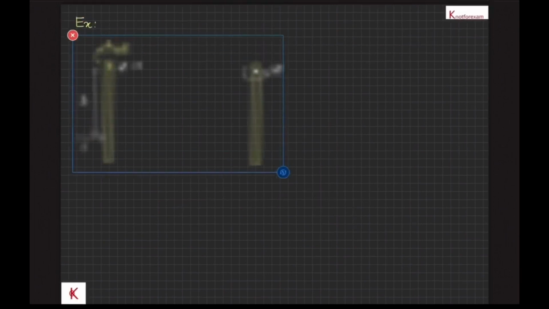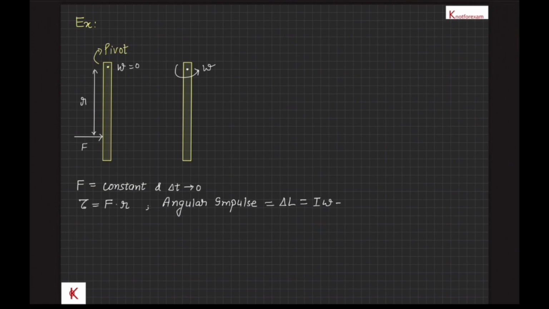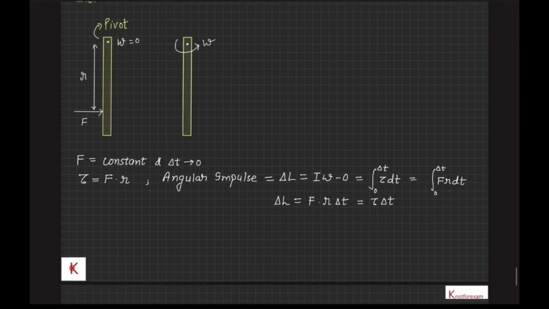Let's take a look at the following example of a rod free to rotate about its pivoted end. A constant force F acts perpendicular to the length of the rod at a distance r from the pivot. Torque of this force is F into r. Let just after impact angular velocity be omega. Then angular impulse, that is this sudden change in angular momentum, will be equal to I omega, which must be equal to integral 0 to delta t of tau dt or integral 0 to delta t of F r dt. And for constant force at a fixed distance r, this will be equal to F r into delta t,